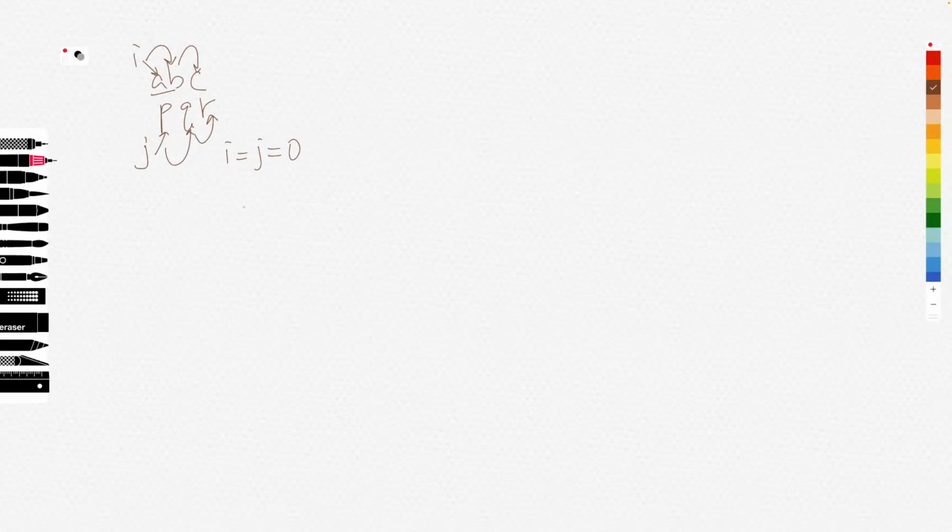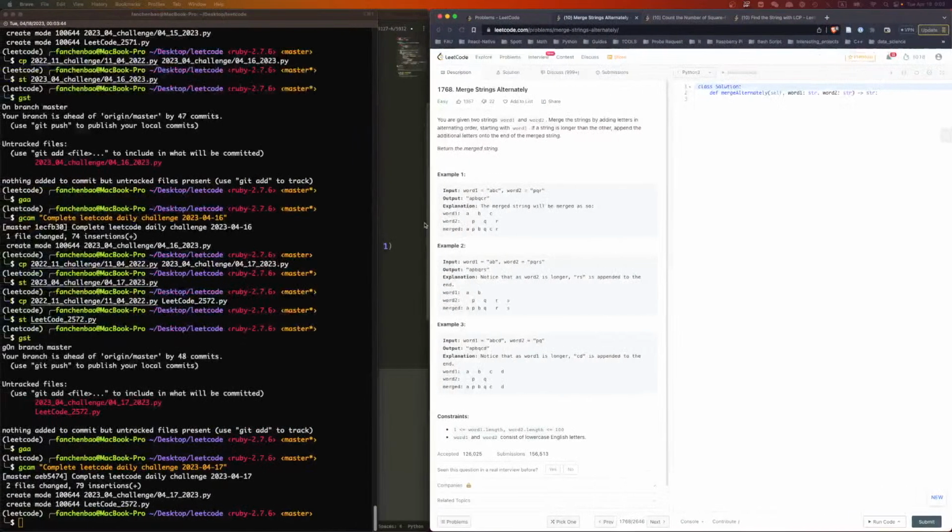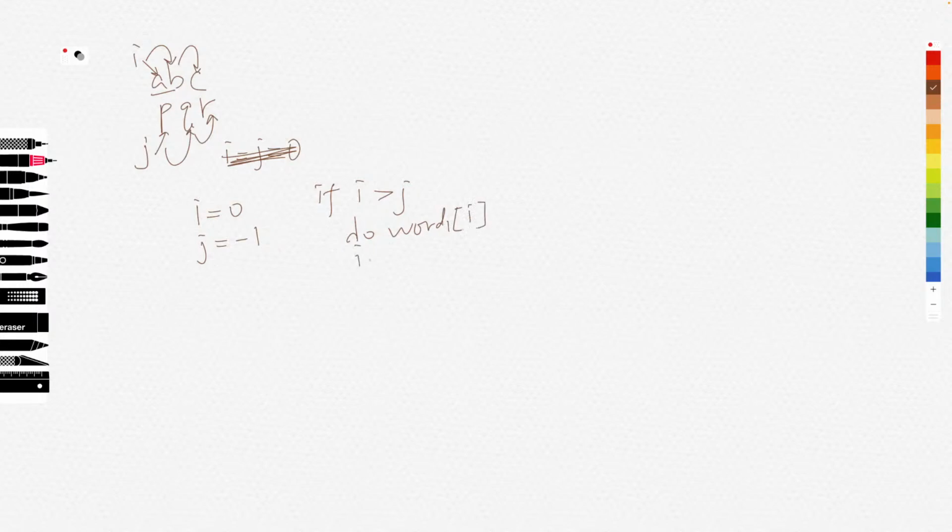Now, how do we know which one shall go first? Well, because it does say we want word 1 first, so maybe I should do i equals 0 and j equals -1, right? And then the condition is, if i is larger than j, then we do word 1 i, and then we say i plus equal 1, and else